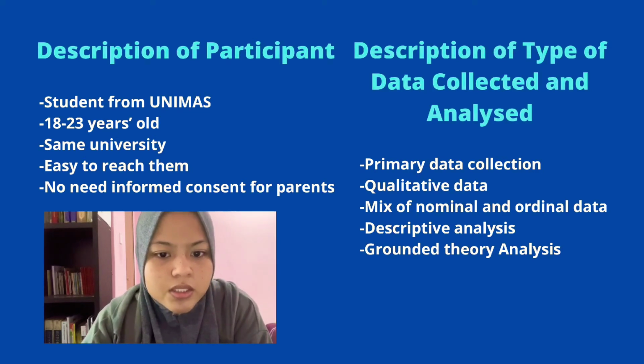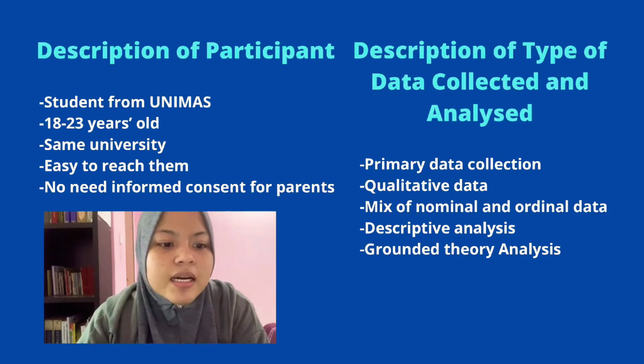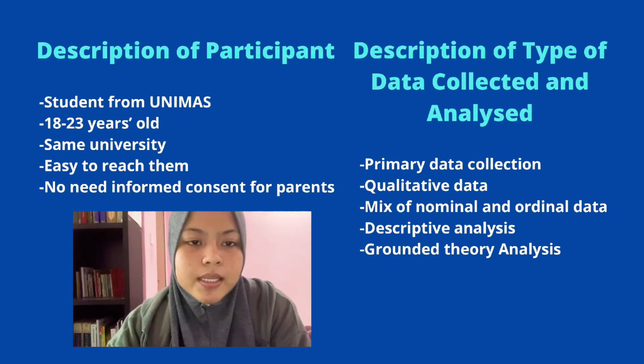Next, we choose this group of participants because it is easy for us to reach them, and we do not need informed consent from the parents as they are 18 years old and above, so they are the perfect participants for our research. The type of data we collect is qualitative data, which is a mix of nominal data and